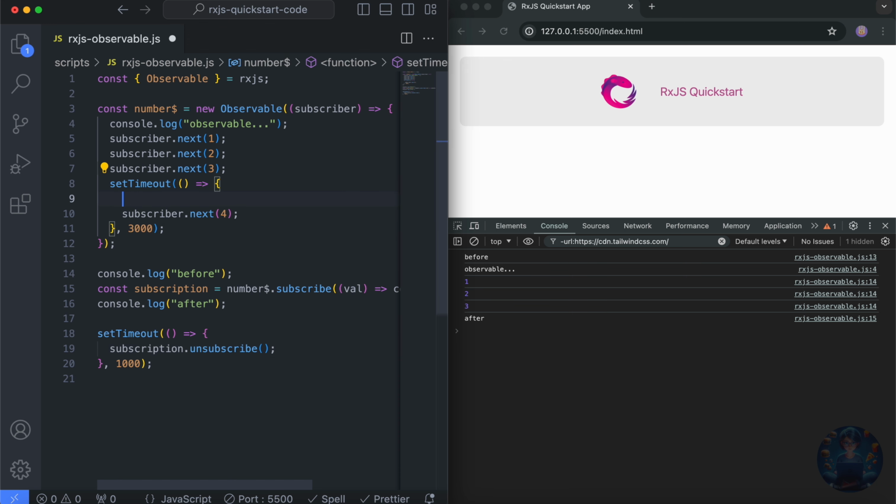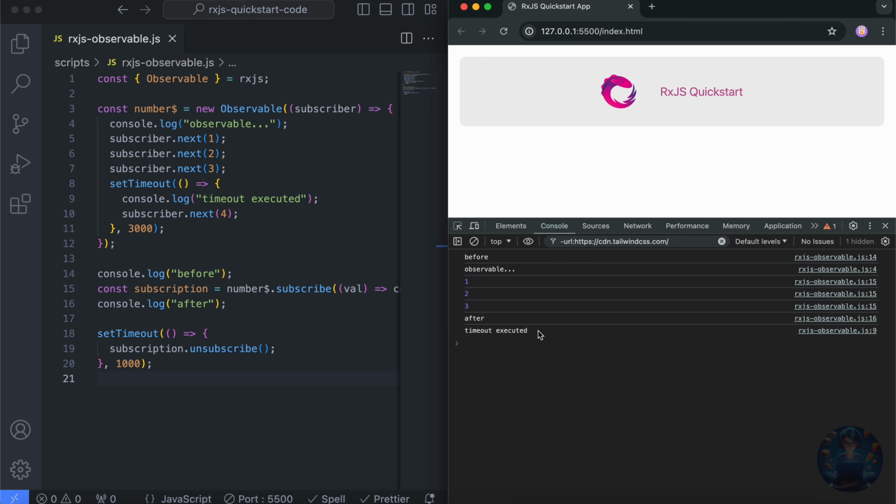What I'm going to do here is add a log statement. Let's say timeout executed, right? I have hit save. Now you can see after 3 seconds, timeout executed is being called. The value is not emitted, but this is being called. Now that's just JavaScript. You are not clearing the timeout, isn't it?